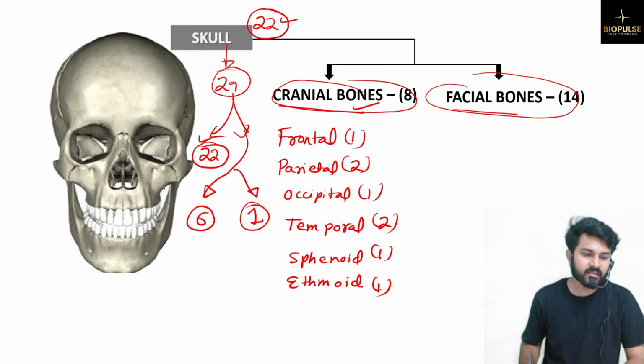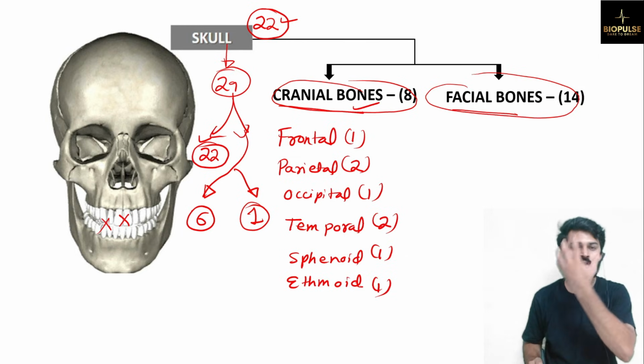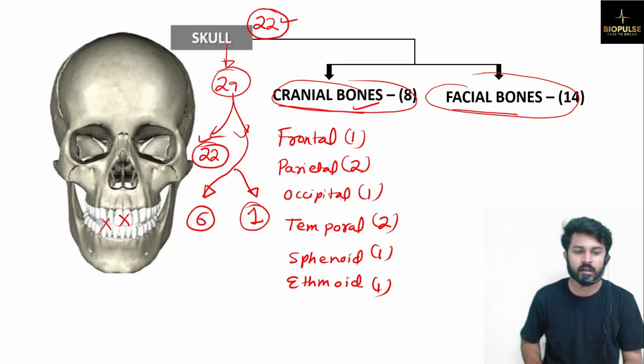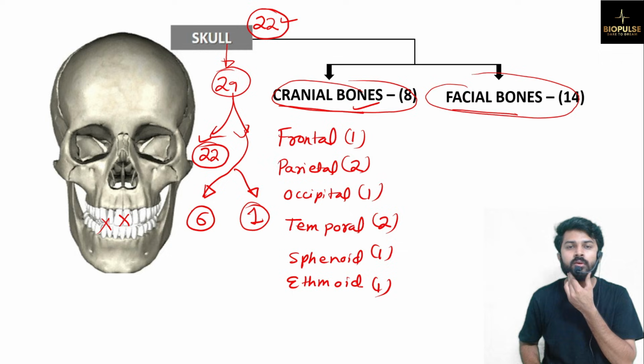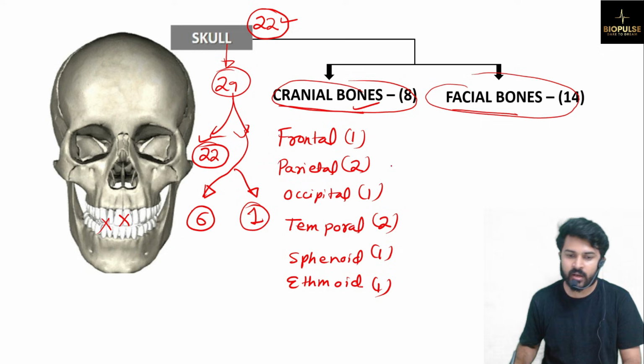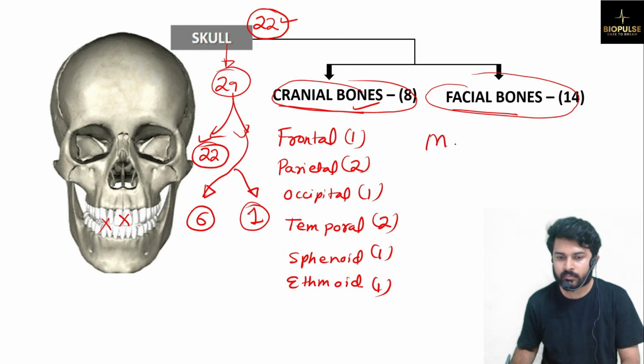Okay, see this skull smiling, correct? Don't think that skulls will have teeth. Skulls won't have teeth. Here we need to know about the bones present in the face region. Fine. Do you know one bone which we call as jaw? This jaw bone is known as mandible. What it is called as? Mandible.